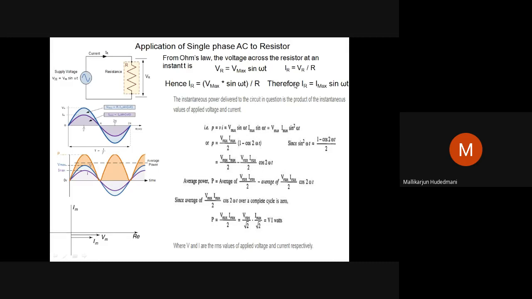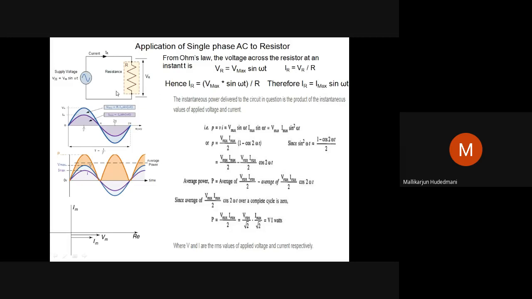That is the meaning of in-phase relationships. Then I will be drawing a similar kind of wave with a different magnitude, Im, progressing sinusoidally. You can see here Im sin omega t. So I am able to draw two waves. The first wave is the applied voltage, the second wave is the current flowing through the resistor. The relationship established among them is in phase, because the applied voltage is Vm sin omega t and the current resulting is Im sin omega t. This is the first step.